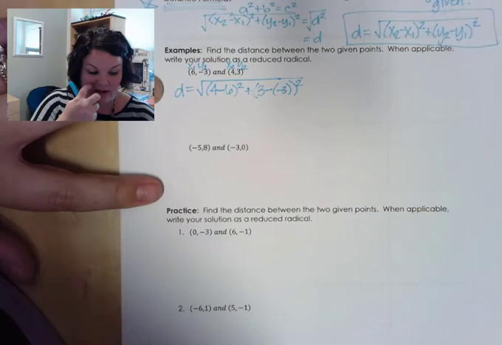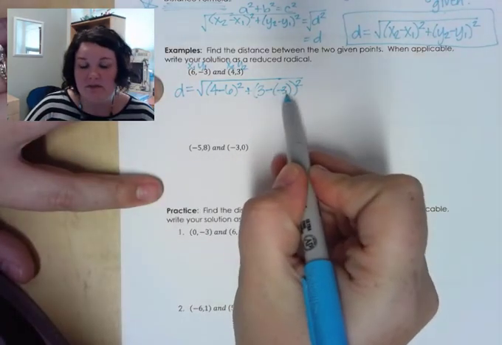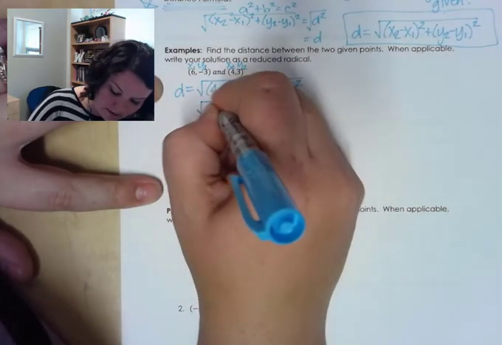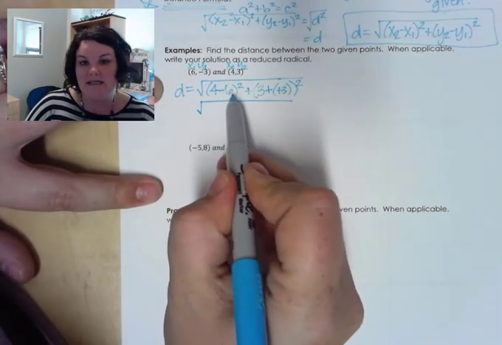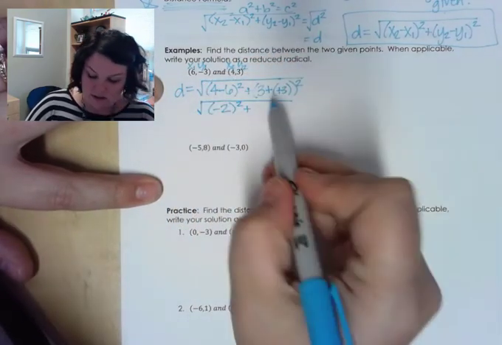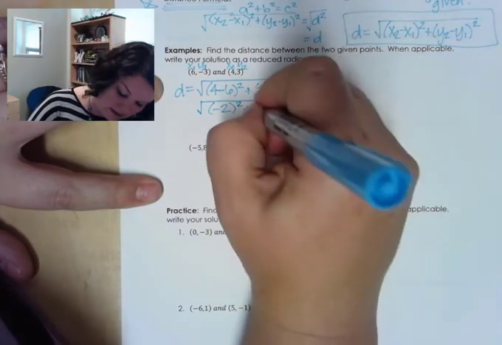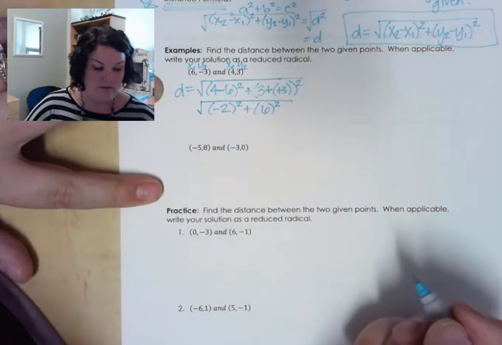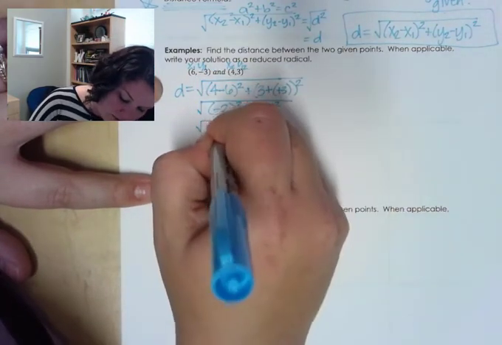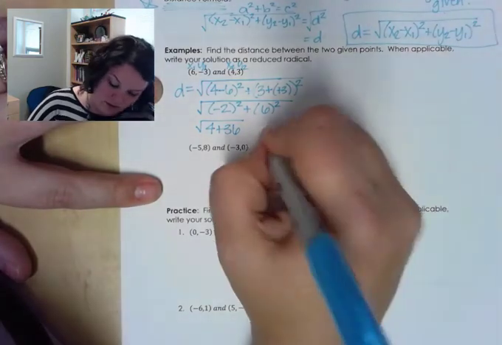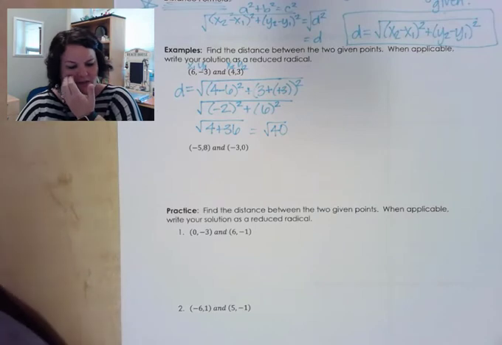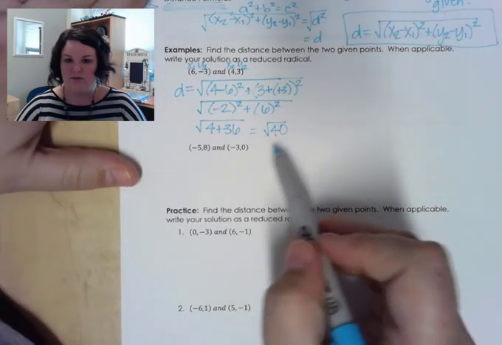So I just want to simplify a little bit. Notice here I have double negatives, so that's going to become positive. And then I'm just going to write down here and keep simplifying. So 4 minus 6 gives me a -2 squared plus 3 plus 3 is 6 squared. And then I want to simplify these. So I end up with the square root of 4 plus 36, which is equal to the square root of 40. Now, I'm not sure in Newton if they let you leave it as the square root of 40, but